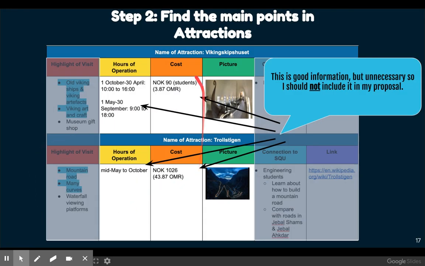These next two columns with hours and cost are unnecessary. Again, this is information I want to include in my presentation, but my proposal is short, sweet, getting the attraction. This is unnecessary.